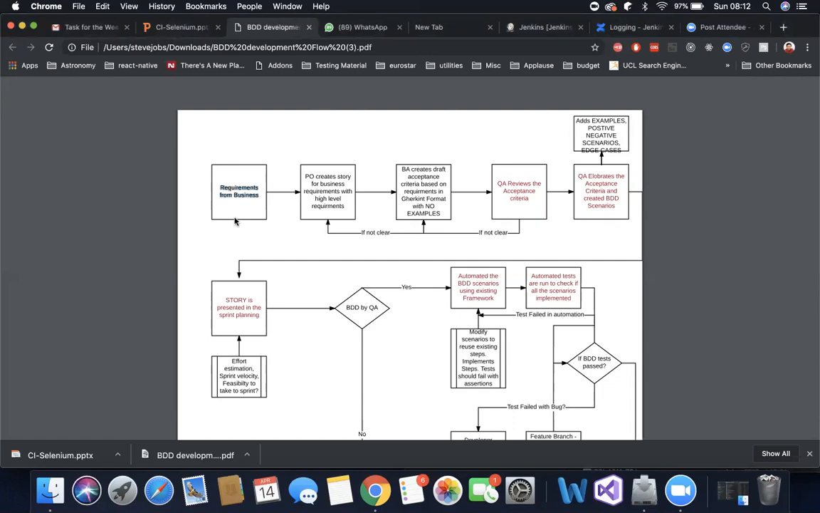The process is the same whether they're following agile Scrum or agile Kanban, but the main thing is the way of writing the requirements and the way of performing the tests are very different in BDD. It is highly focused on testing; from day one itself, testing starts. The process is like requirements, initial requirements, then the product owner will review